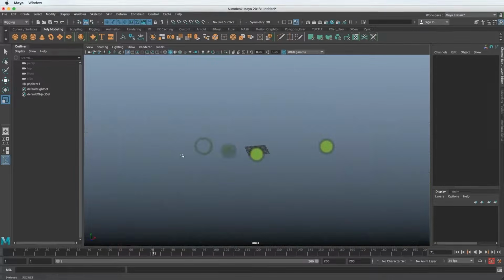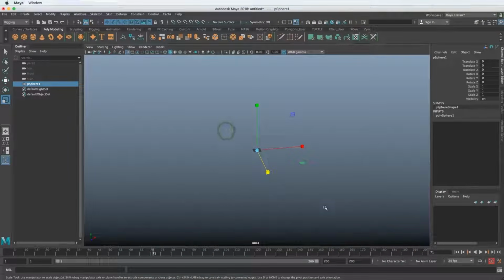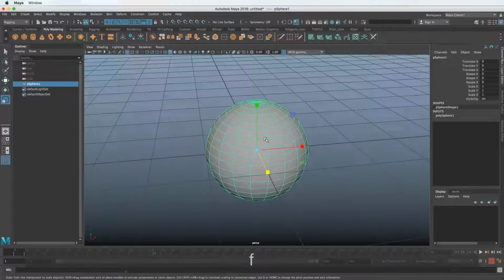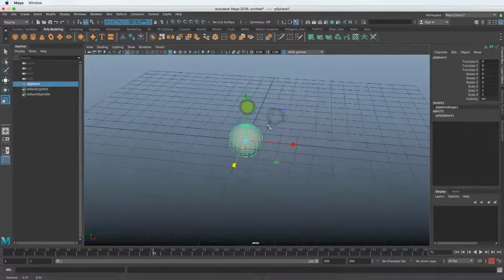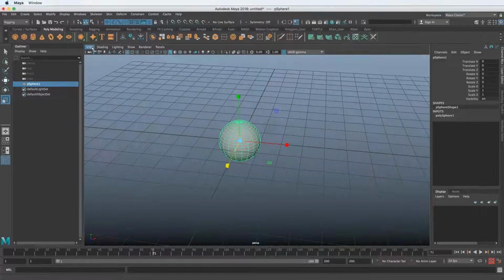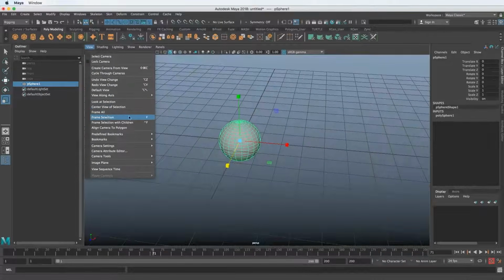So with the combination of these three things, I can do all sorts of moves and zoom in on things. And say I get way out here and I can't really see what I'm working on, I can click and drag and select the thing. I can select it from the outliner, and then I can hit F. So hit F and I jump back to the selection that I have, and now I'm free to move around again. You can also get to that option from the view menu here. I can go to view, frame selection.